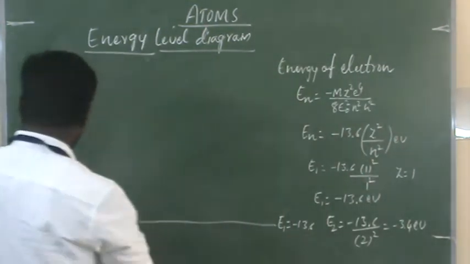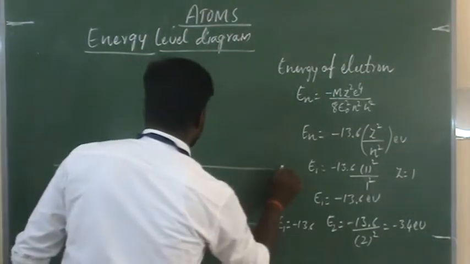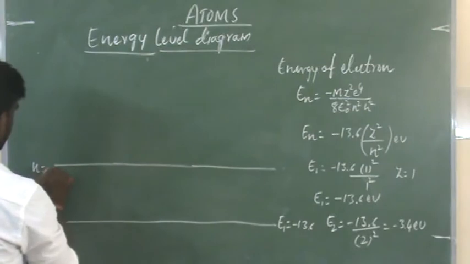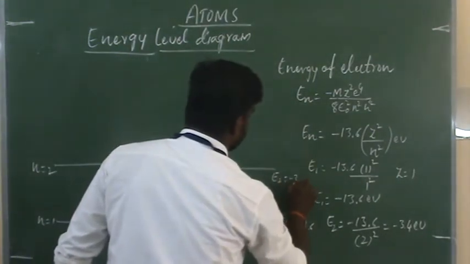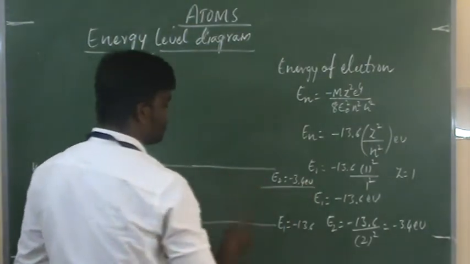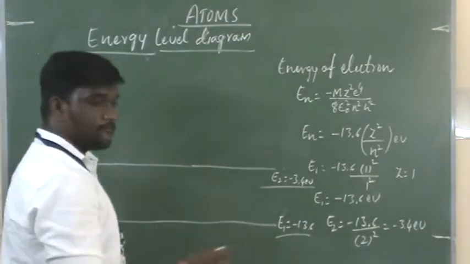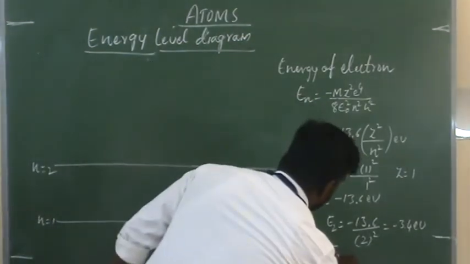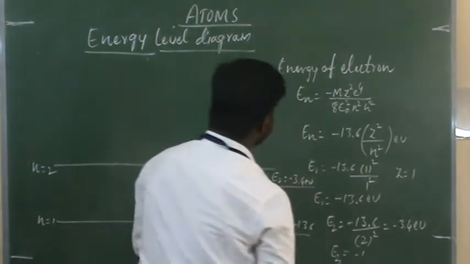Here n is equals to 2, the second orbit. The energy E2 equals minus 3.4 electron volt. Clear? Same way, third orbit, E3 equals minus